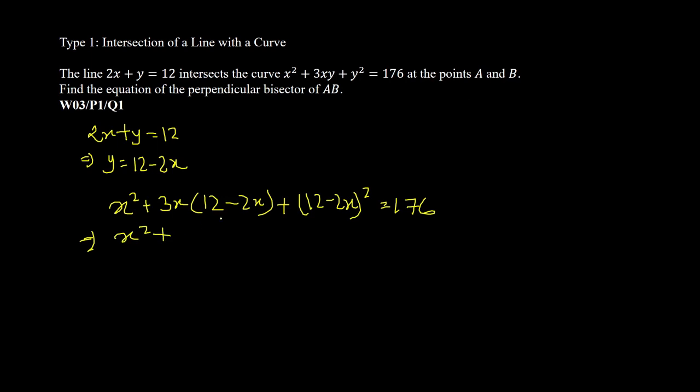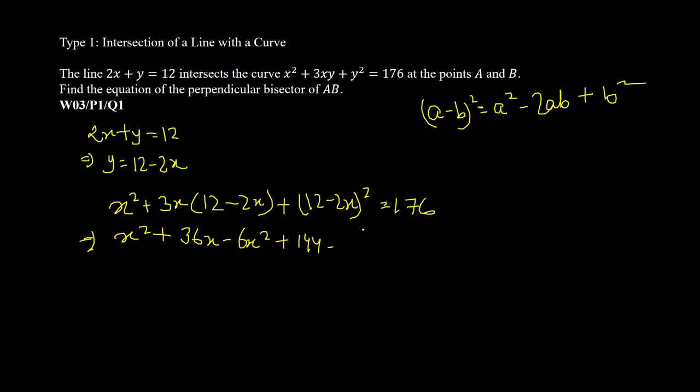This x square will remain as is, and we have to multiply this with this first, so that we get 36x minus 6x square plus 144, because we know the formula for (a minus b) whole square is a square minus 2ab plus b square. So 12 square is 144, minus 2 times 12 is 24, 24 times 2 is 48, x plus 4x square,